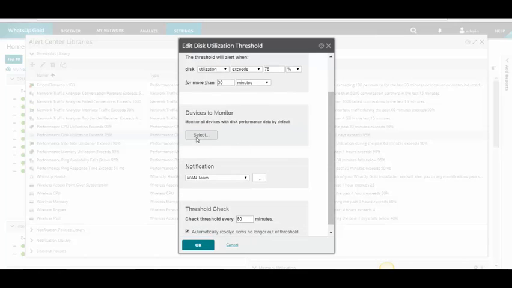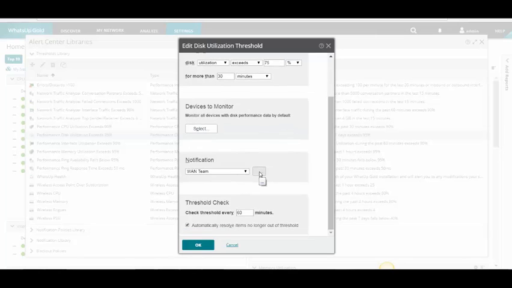And then we can select the devices to monitor. Since this is a special threshold, I would just select my SQL Server group to be monitored. And then I can take a notification. We want to make sure that we're checking the threshold more frequently than our threshold is based. So we'll say we're going to check the threshold every 10 minutes so that we can meet that down for